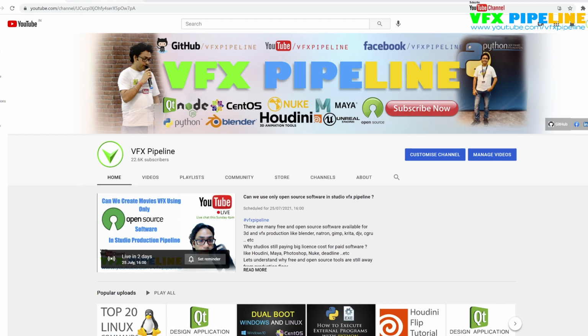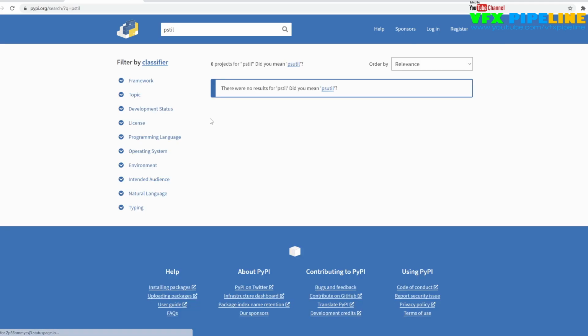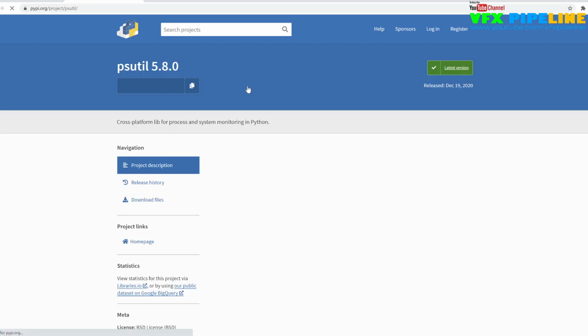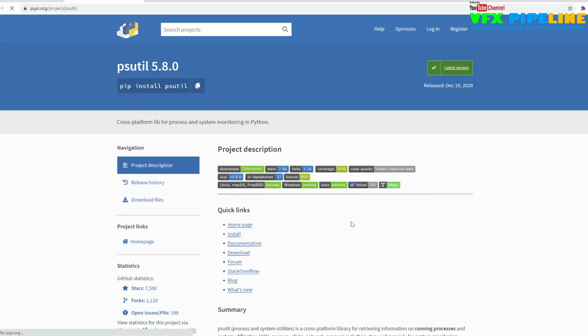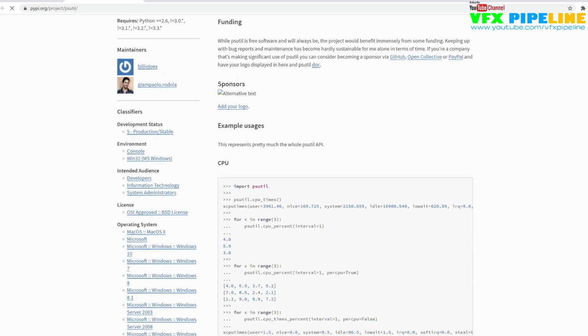Okay, so let's start with the website, which is PyPI, and here you can see that you can install and publish Python packages. If you want to search for some package, for example, let's say psutil, very interesting. psutil is a library used when you want to read or write system information, which is CPU, RAM and all this.